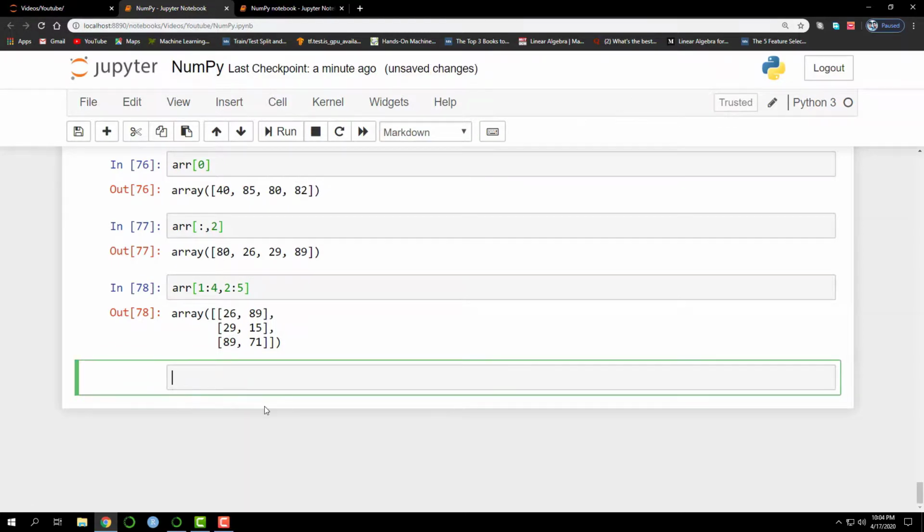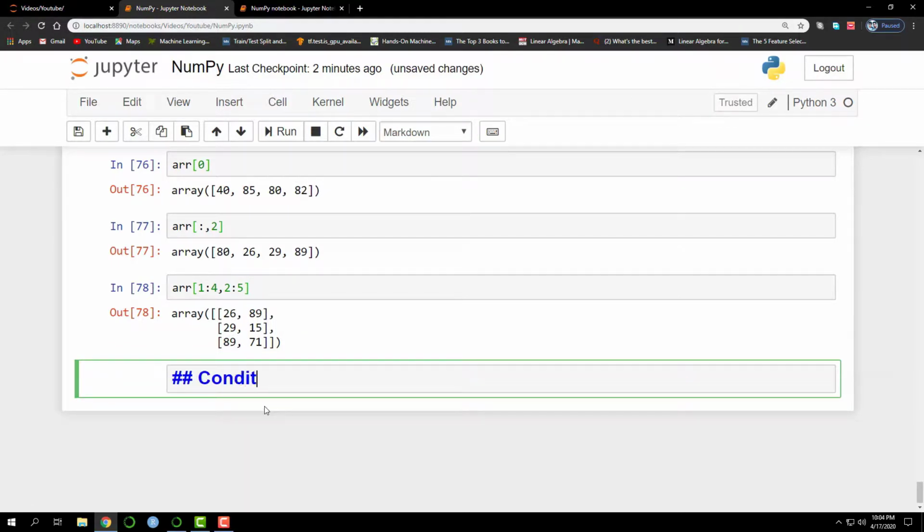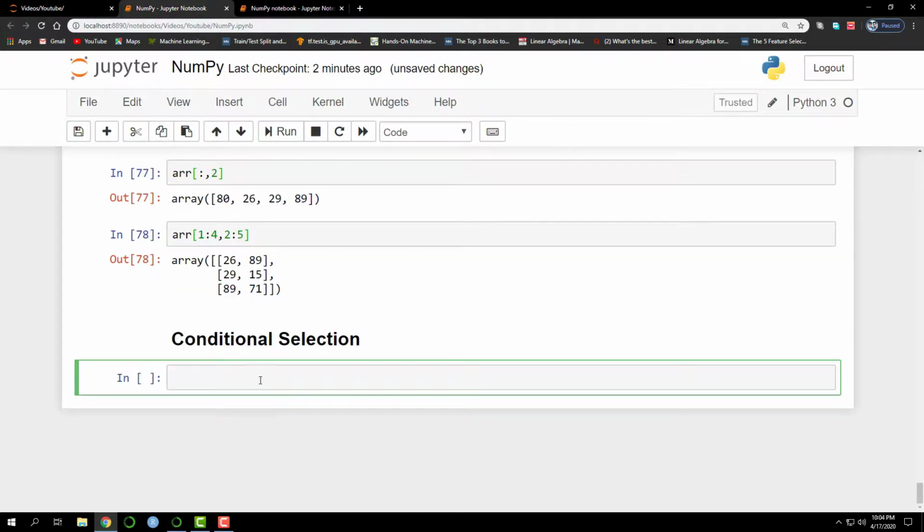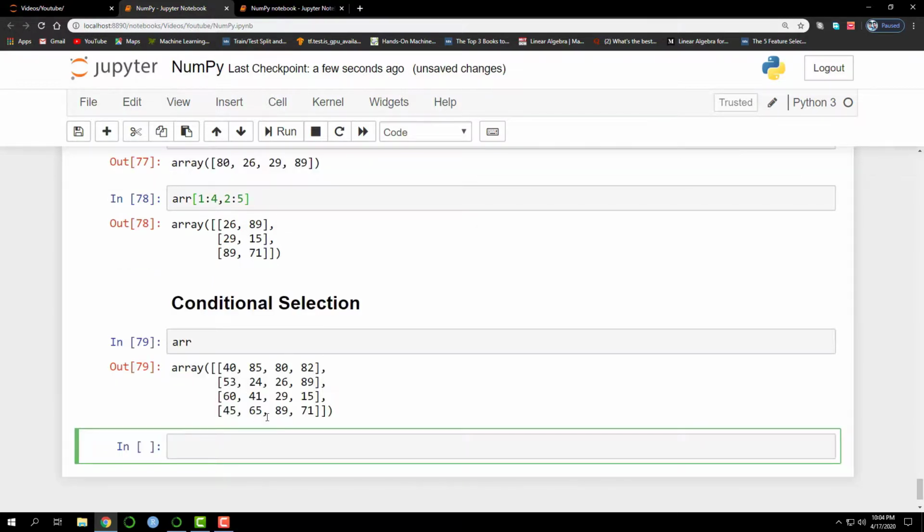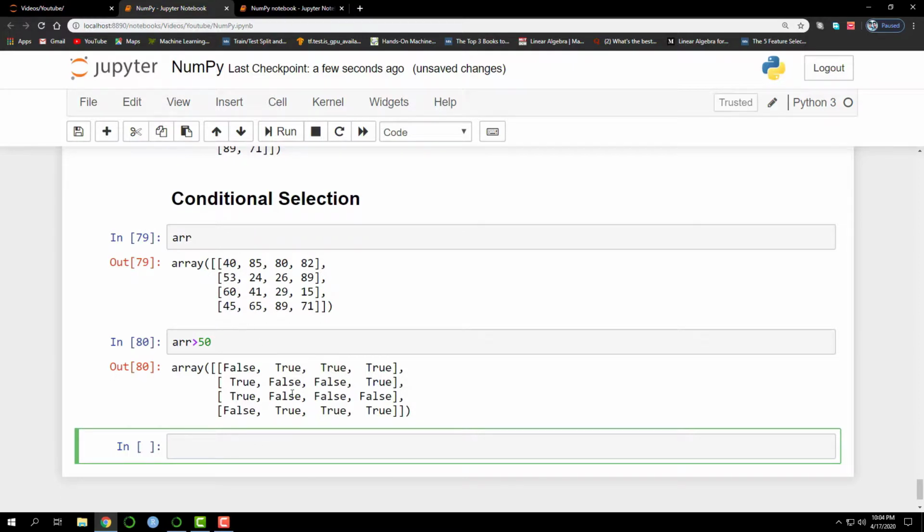Now let's discuss conditional selection. First, let us take a look at our original array. Now, if I use the conditional statement greater than, that is ARR > 50, that will return a boolean array which contains the truth values whether an element is greater than 50 or not. I'll store this boolean array in the variable arr_bool.